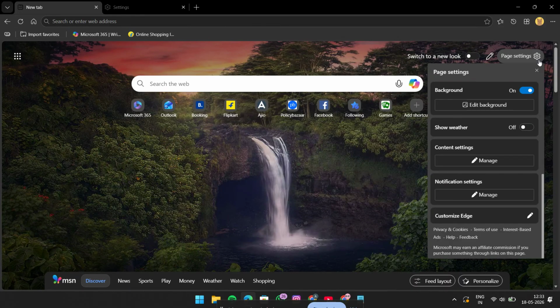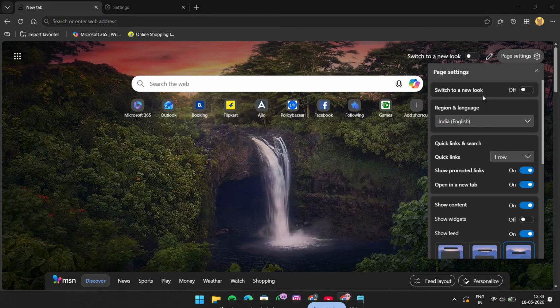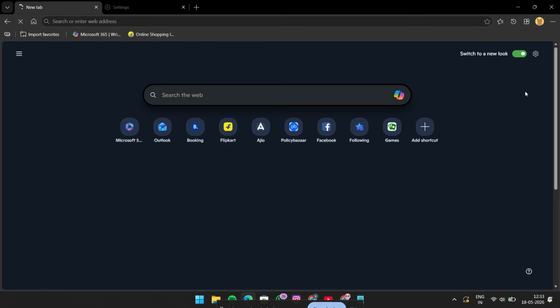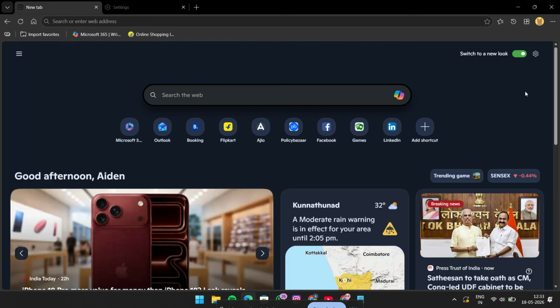After the settings panel opens, you should see an option for the new look. This is the feature that changes the visual style of the page. To turn it on, simply find the switch next to New Look and toggle it on. As soon as you do that, Edge will apply the updated appearance right away. You may notice the layout, styling, or overall look of the home page change instantly, giving you that refreshed new